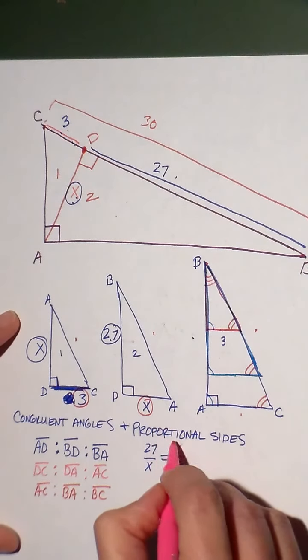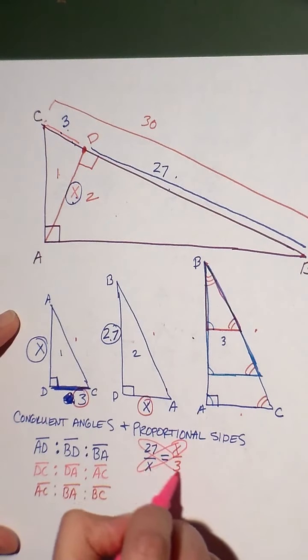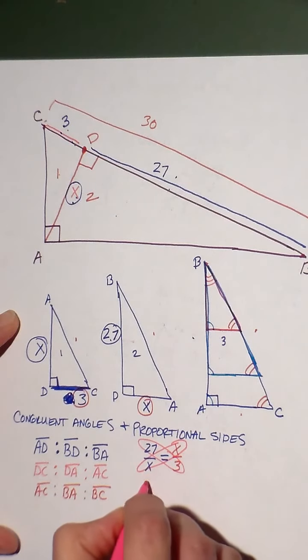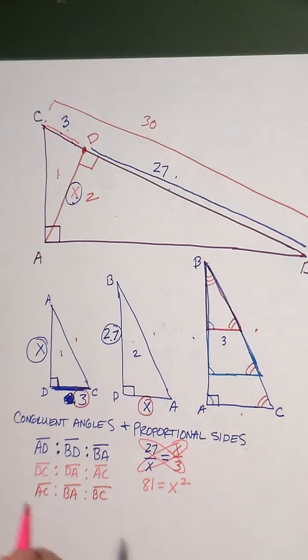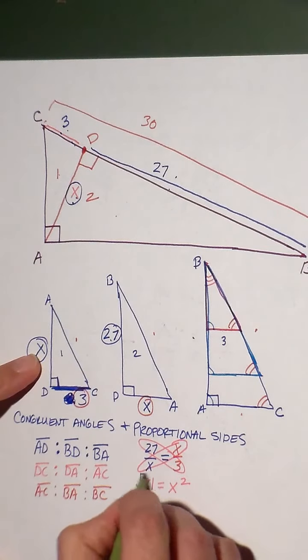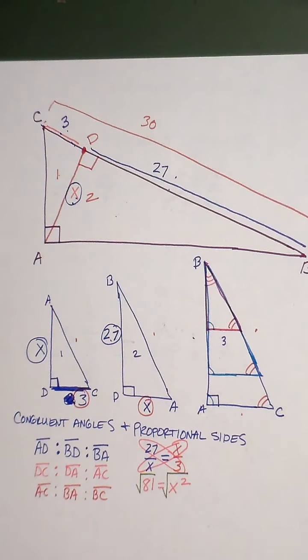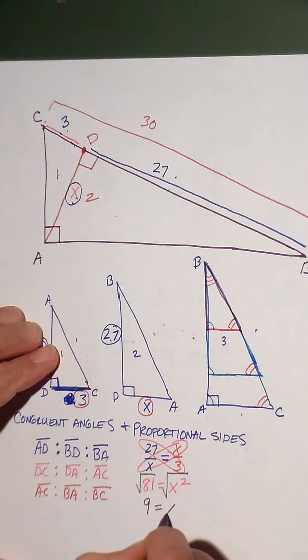So now I'm going to cross multiply. So 3 times 27 is 81. X times X is X squared, not 2X like we were all saying this morning. That's okay, that's why we do this, to learn. And then to find X, I take the square root of both sides and I get X is equal to